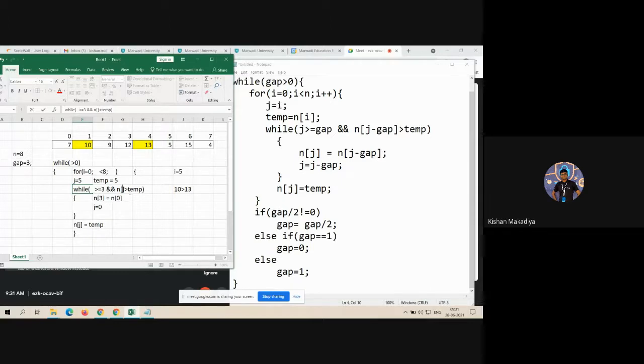N of 5 minus 3, that means n of 2. N of 2, this one. I'm just making a different color. So now this time we're just comparing 9 greater than 5. Condition true. Then, as per the coding, the diagram is replacing here with 5.